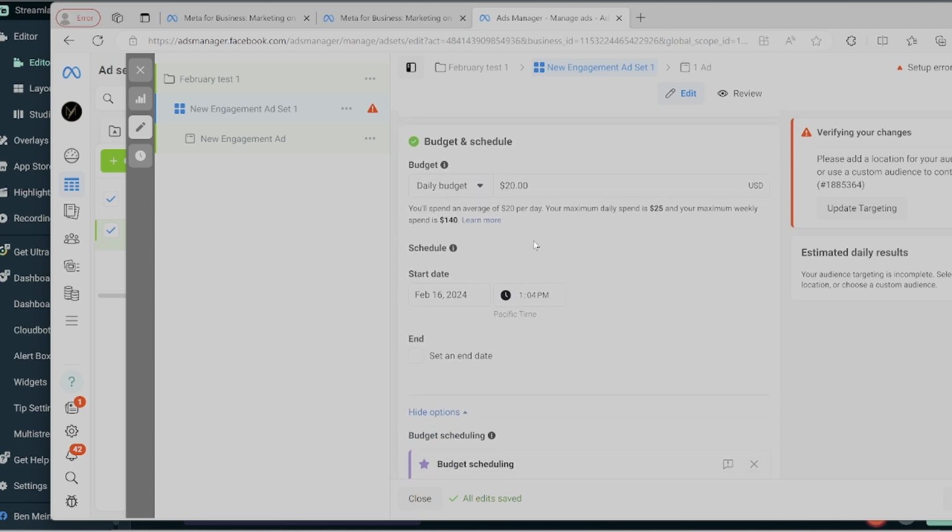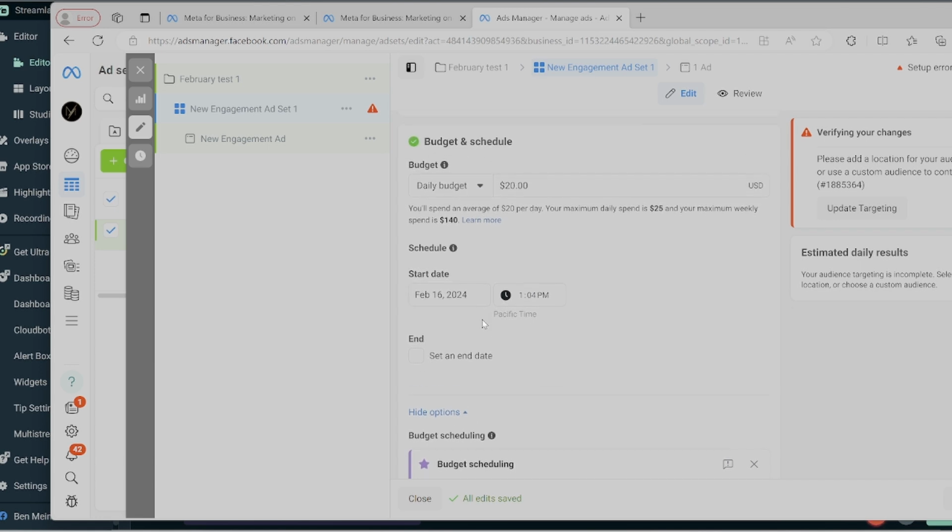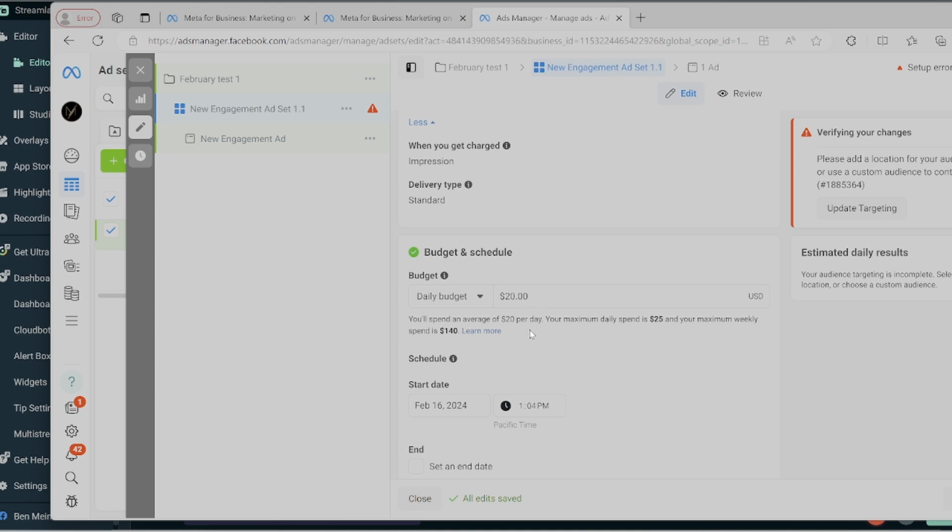Daily budget 20. It's fine. And as we get to the end date, we're not going to set an end date, because what we found is that if you set an end date, Facebook gives your ads a little bit less priority than your competitors. If you're only running one ad, then $15 to $30 is going to be pretty solid right in here. I wouldn't really go below 15 for one ad. I mean, you can. It's just going to take forever.